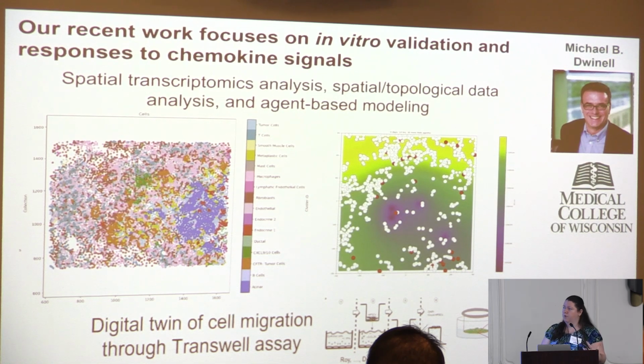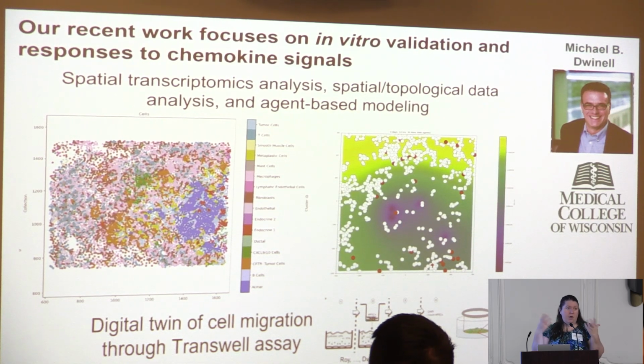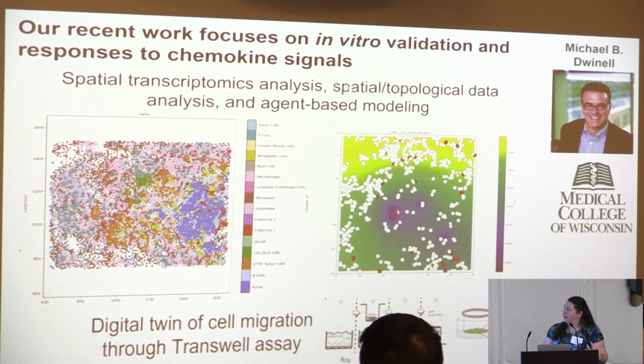So now we've been moving more into spatial transcriptomics and being able to analyze that data, being able to know how to use that kind of spatial data, some more mathematical tools like spatial and topological data analysis. So it's not just how many cells there are, but metrics for understanding the spatial distributions and being able to characterize those. And so those are new techniques from my lab, but we're really trying to stay up to date